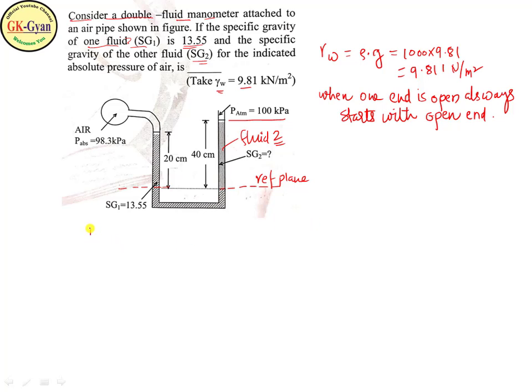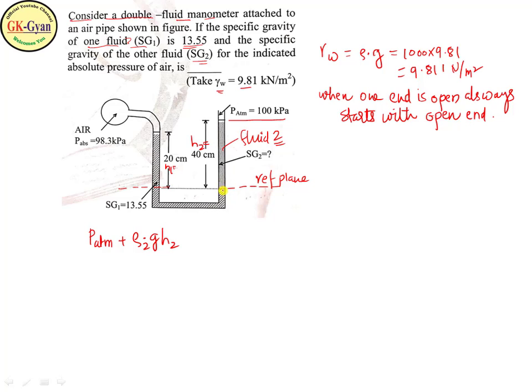Here I will write down the equation. P atmosphere. You are moving downward from the atmospheric pressure. So whenever we are going downward, we put the plus sign. We will see this in the basics of the manometer. So here the height will be h2. h2 is 40 centimeter and h1 is 20 centimeter, as given. So moving in the downward direction we put the plus symbol. So it will be plus, simple basic, density rho 2 into g into h2. Then we have reached this reference point.